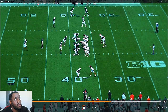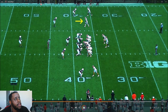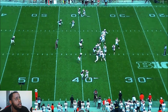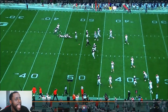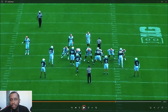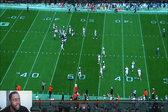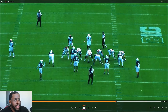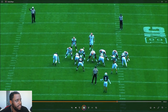Where are we at? Pushes off, 5 yards. Just a nice slant. How many people is it going to take to get him down? This guy's going to John Morant out of this league, dude. He's just going to John Morant. He's John Morant, dog. Is he from Memphis? Wait, where's Ja from? He's not from Memphis, but...